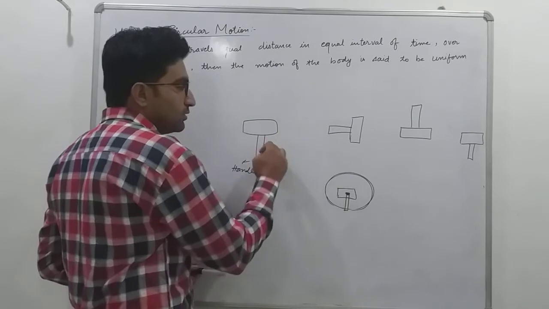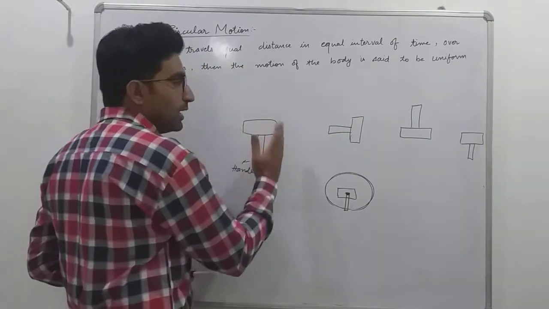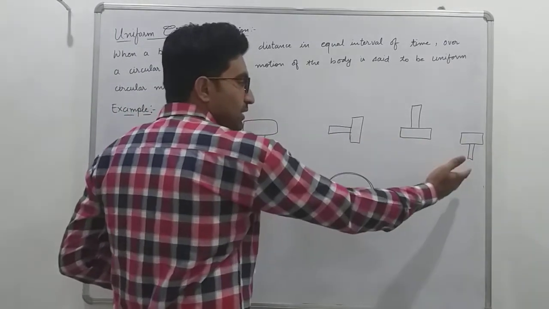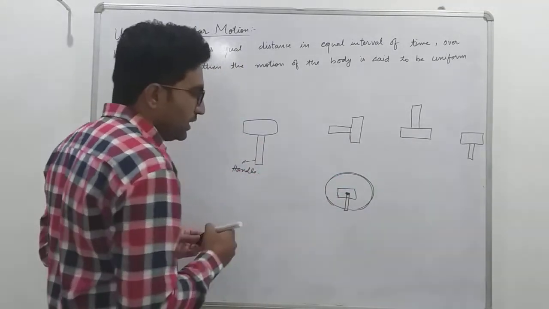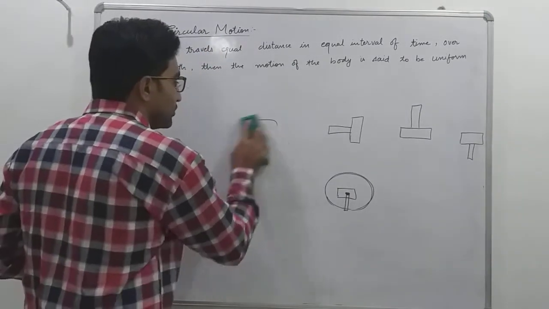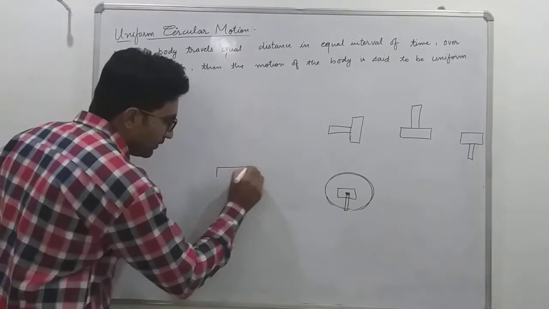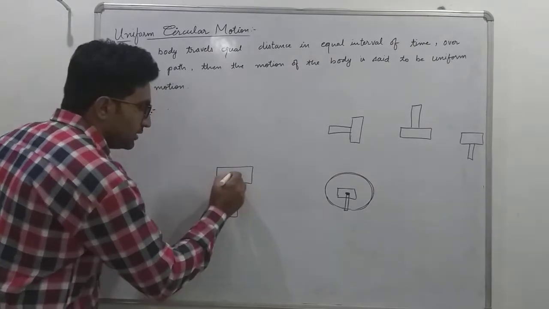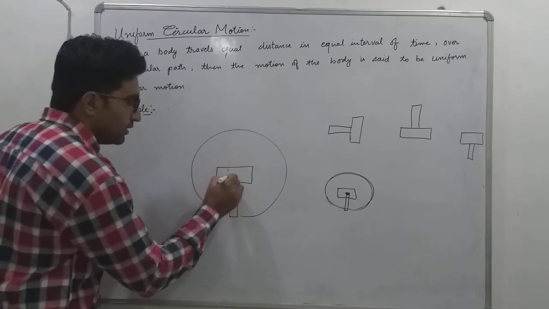Once it is thrown, it will not move in this manner. After throwing the hammer, it changes its position like this, this, and this. After this, again it repeats the same pattern. And if we represent it on the circular motion, then we can represent it as, when the hammer is thrown, it is moving like this one. This is the center, and motion will be like this one.